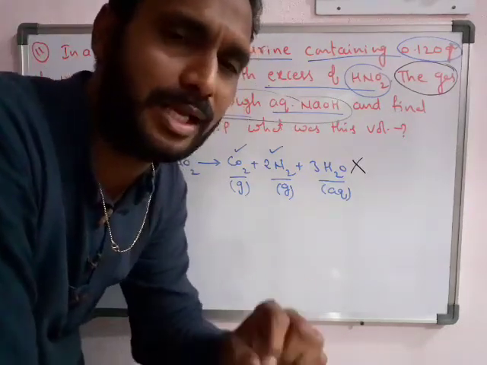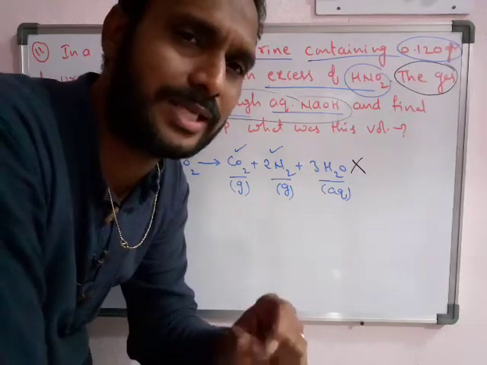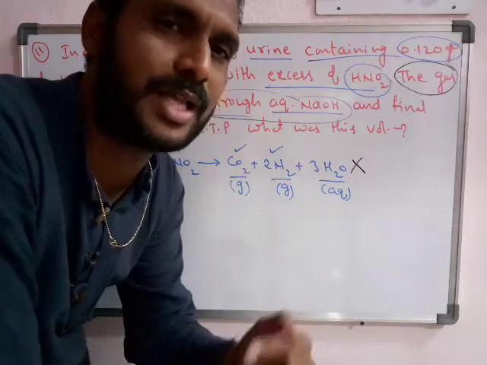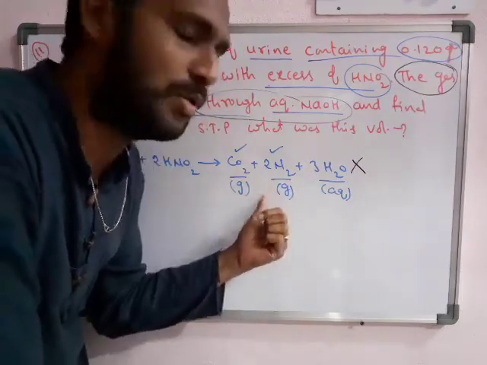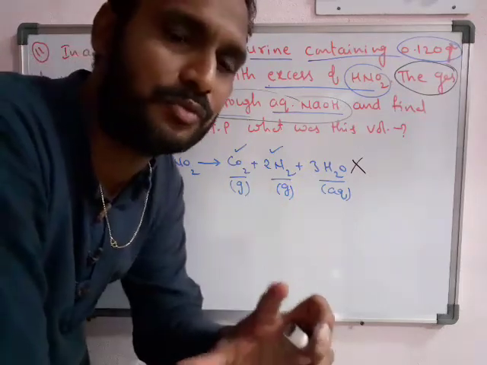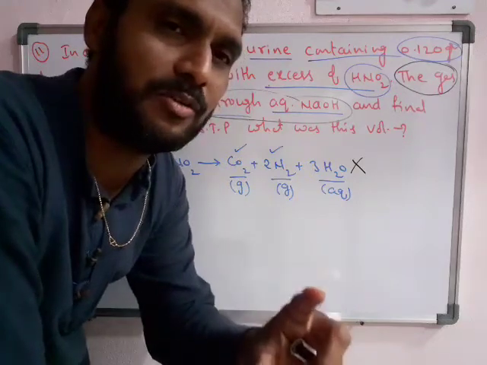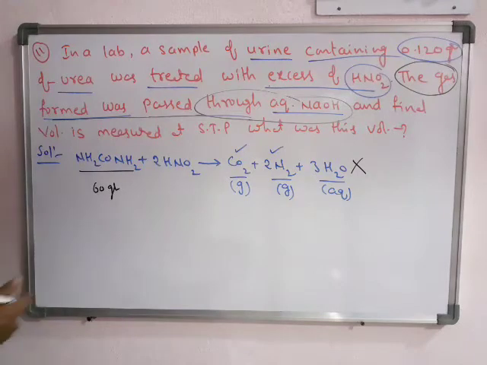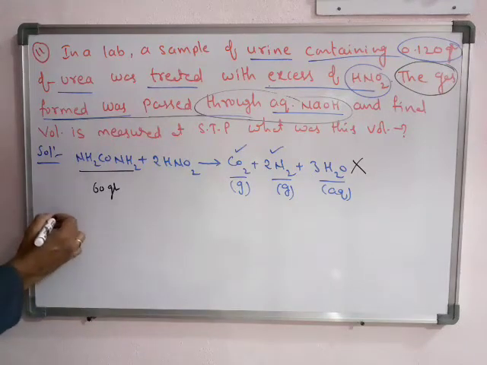So the remaining gas, what is it? What is the gas remaining in the mixture after passing it through aqueous NaOH? Only carbon dioxide. Here we have to find the volume of carbon dioxide formed. Okay, so here we write a point that